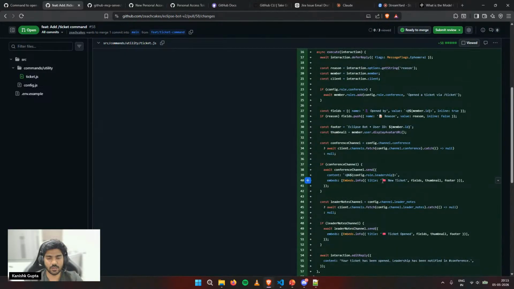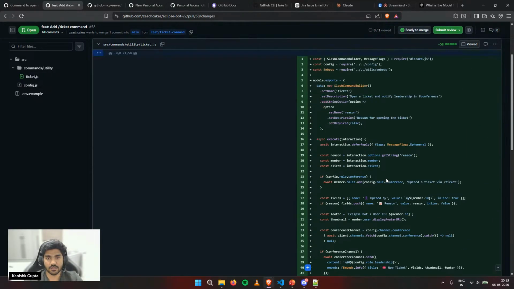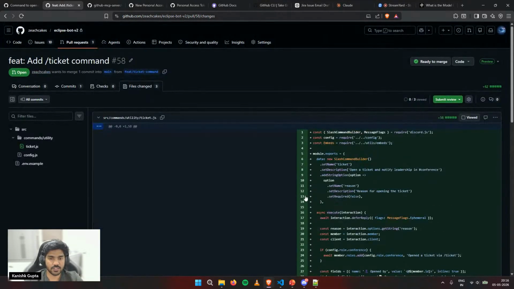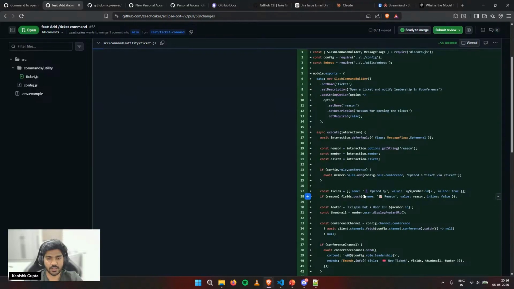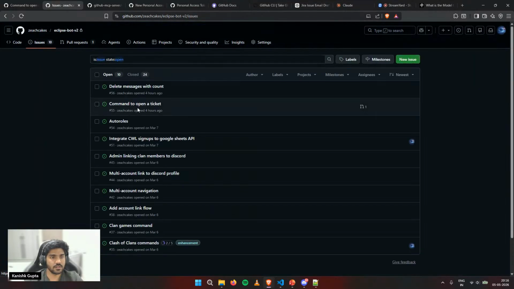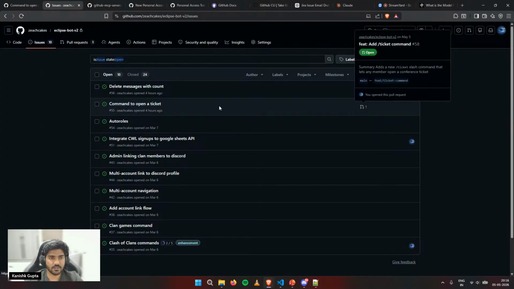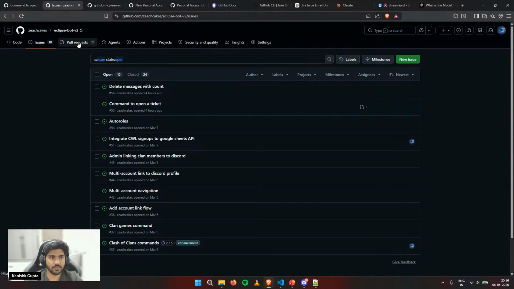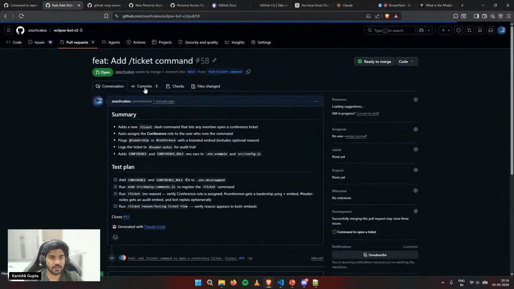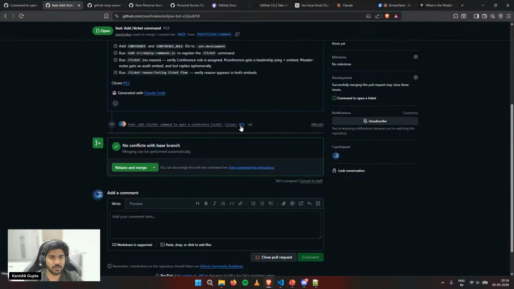Well, we definitely don't want any emojis, but this is part of an embed, so that could be ignored. So there is a PR link to this as well. That's because I believe in the commit message. Yep, in the commit message, Claude has mentioned that it closes issue number 55,